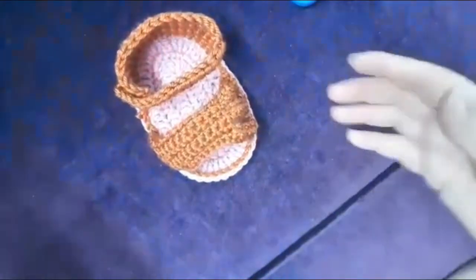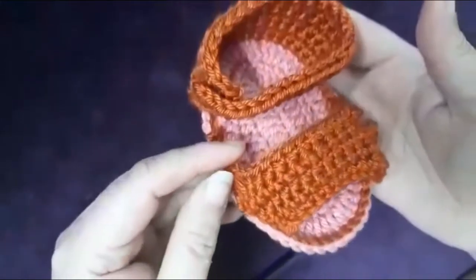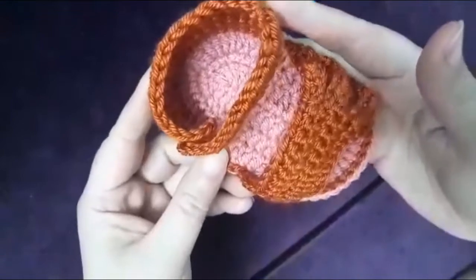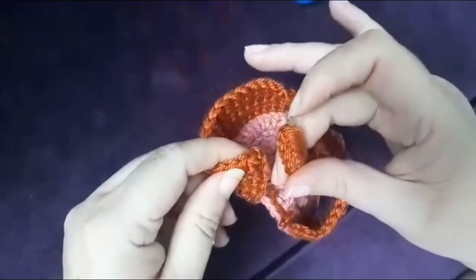Now my shoe is ready and I hope you will like it. Make it for your loved ones and see you inshallah in another video with new pattern, and put a button here,